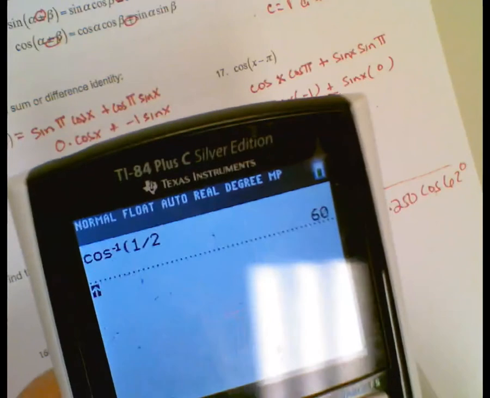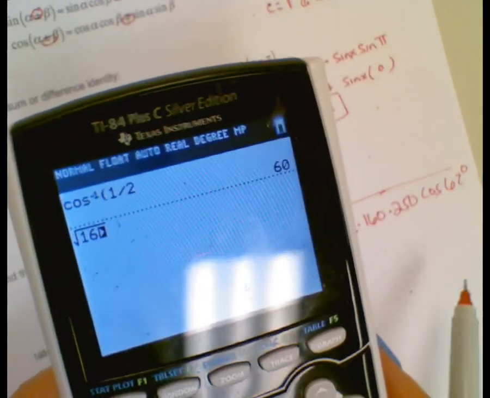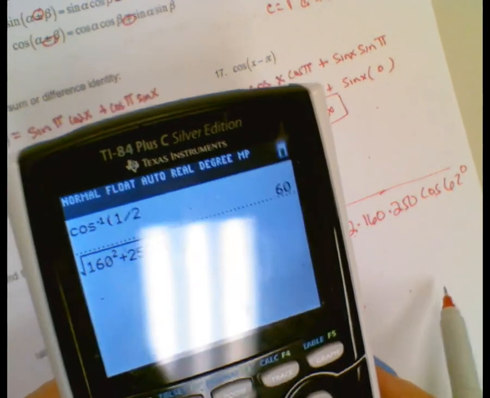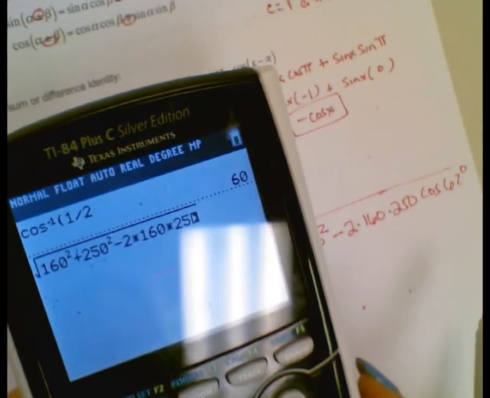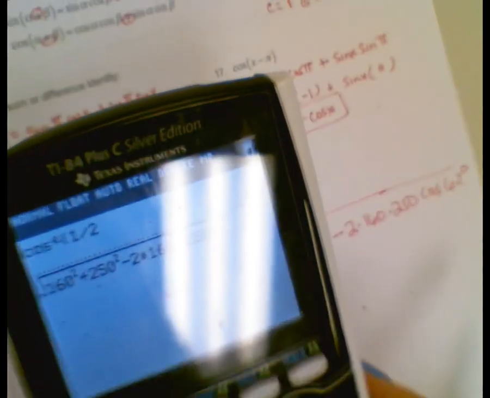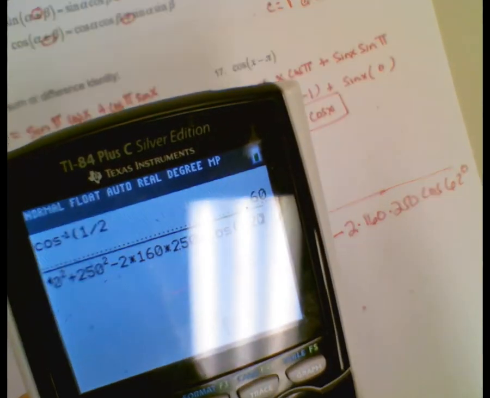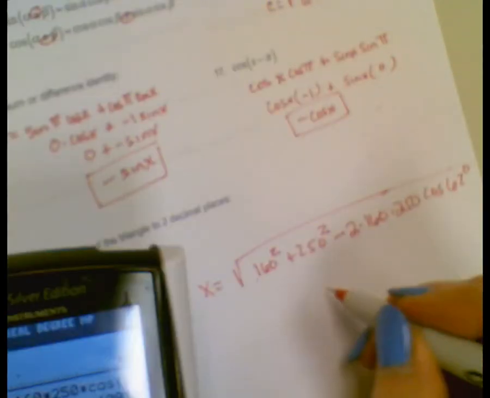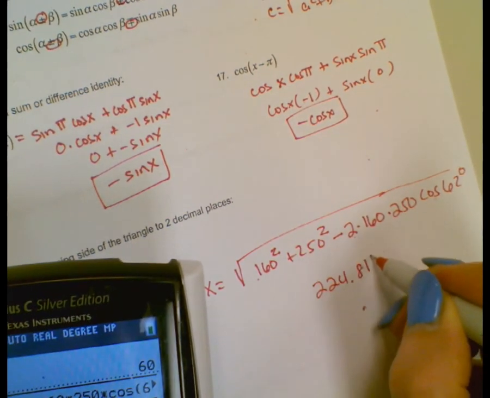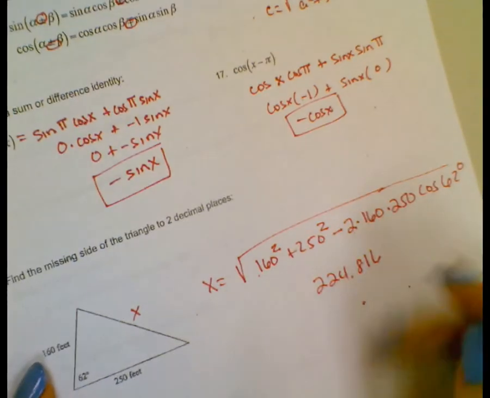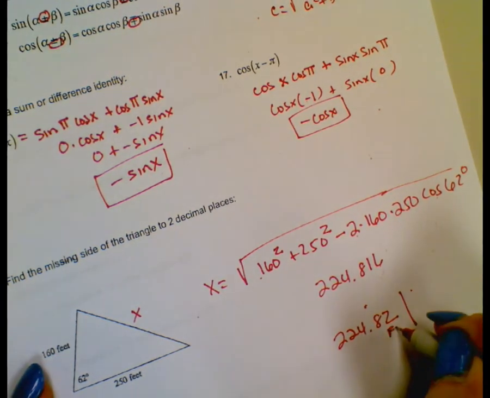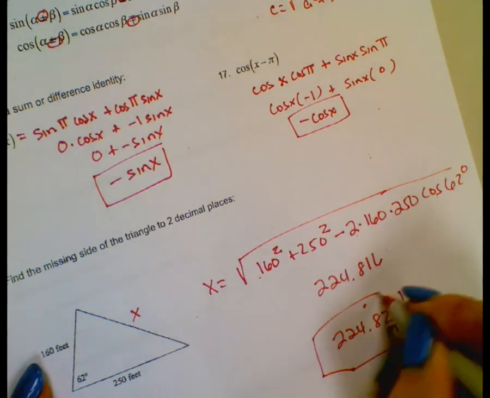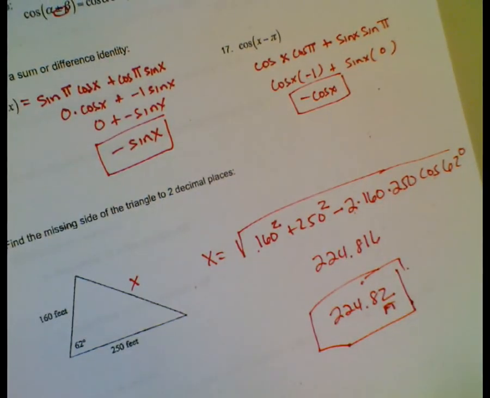So we had the square root of 160 squared plus 250 squared minus 2 times 160 times 250 times cosine of 62. Enter. So it's 224.816. It says 2 decimal places, so it's 224.82 feet. Okay, so that's you're done with